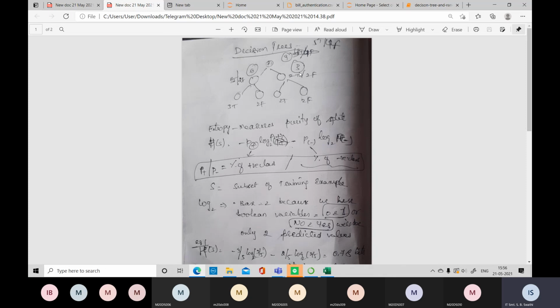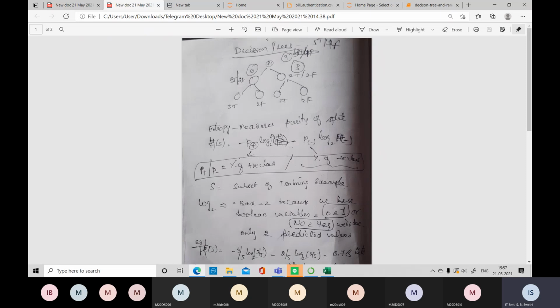But based upon what criteria are you dividing it? You are dividing it based upon whether he has completed the course or not. If it is completed, you will get a left child for this node, otherwise you will get a false, that is a right side node. So in this way, based upon the features, this tree will be extended again and again until at the last you will get pure nodes. Pure nodes means completely true or completely false. You won't get a combination like this.